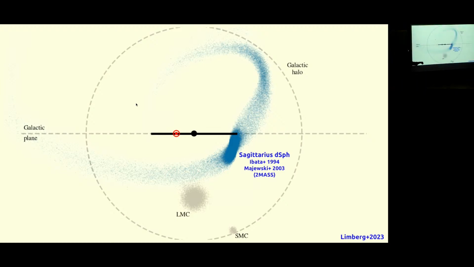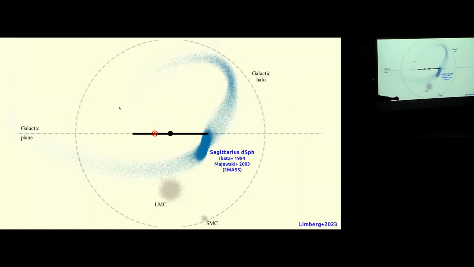From the perspective of the sun, this galaxy, although it's relatively massive, almost the mass of the SMC, is behind the galactic disk and behind the galactic bulge. So this is why it was very difficult for us to discover this galaxy in the first place. And then eventually, with the advent of all-sky photometric surveys, specifically for this one system, the advent of 2MASS, we were able to map out the entire tidal tails of this galaxy throughout the whole sky.